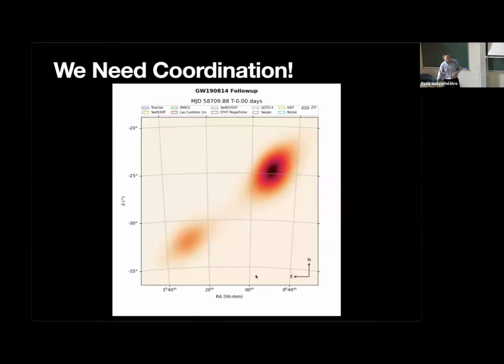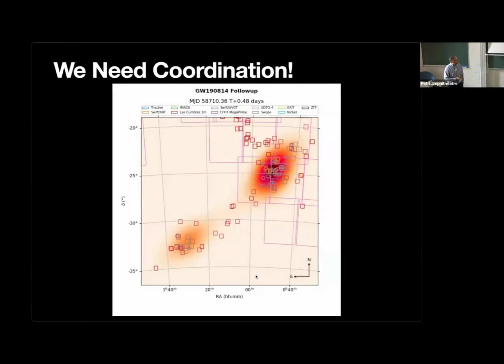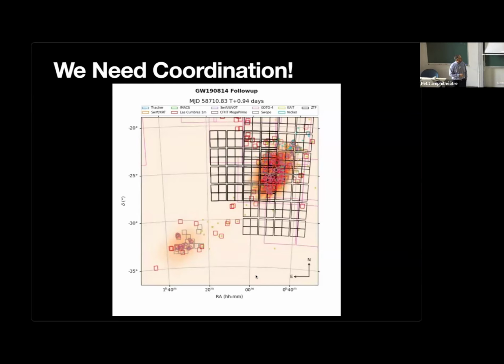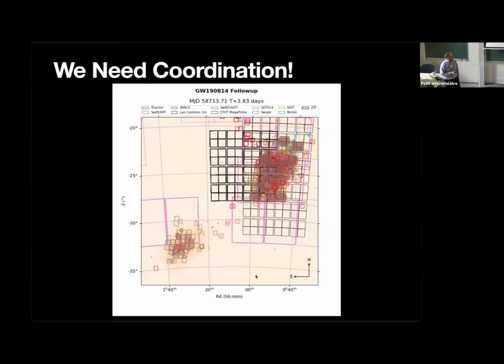So I've got one real slide of motivation. I don't think this group needs a huge amount of it per se, but the motivation is that there are a lot of overlapping efforts in both the software space and the observational space. So this is a little movie that Gotham Ryan and I made showing the follow-up of this particular event. This is GW 1908-14. And you can see that each one of these tiles corresponds to a pointing of a given telescope.